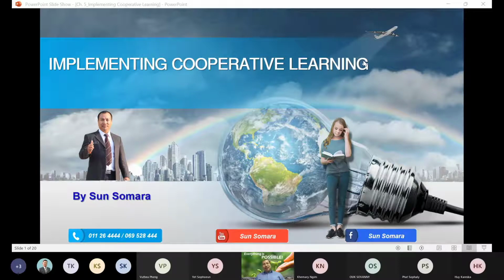So that is something, maybe a guideline from the ministry, that teachers have to do. But in reality, we just sat and worked in groups, but we never had a chance to discuss or do any activity.